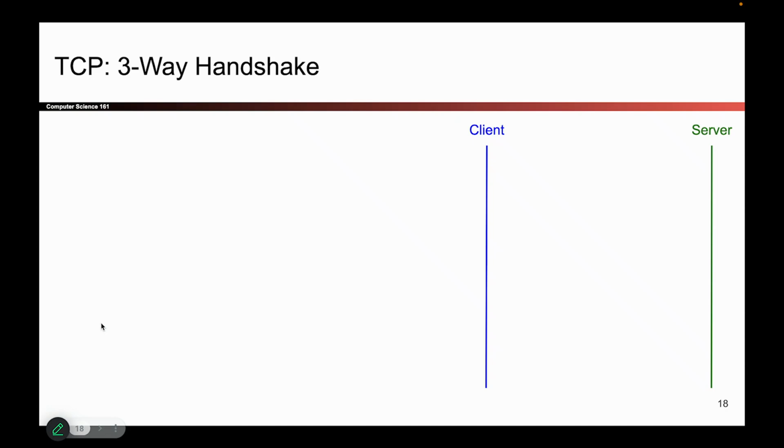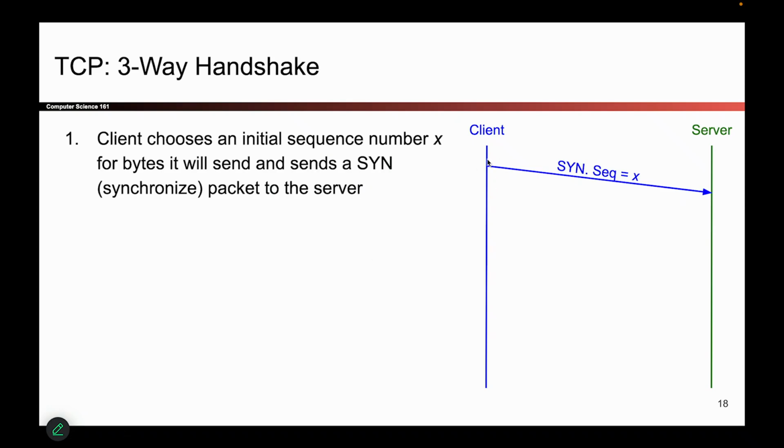To do that, they're going to do a handshake between each other and exchange some packets just to make sure each person knows what the other person is starting with when they're stamping numbers. So first, the client will pick their random starting number. It could be 50, and they'll say, my starting number is 50, and they'll send it over to the server, and we'll describe what all this syntax means later. So for now, we think of the client as picking some number 50, they send it to the server, and this is basically telling the server, I'm the client, and I'm going to start counting at 50, and then my next packet will be 51, and then 52, and so forth.